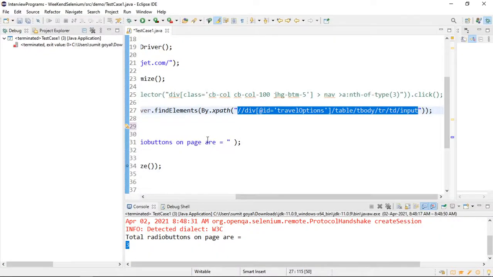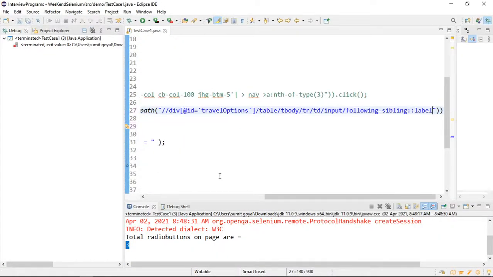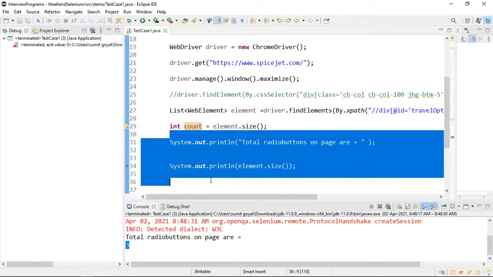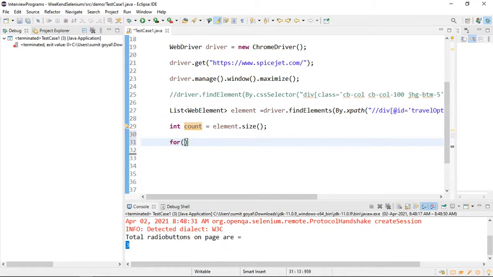So if I provide the same XPath here, and I want to get the text, so here I take the count, which is 3 again, and after that I will use one for loop, int i equals 0, that will start from 0, because every element in the debug board we see is starting from 0, so that is the reason I am saying it starts from 0, and increment the value of i.